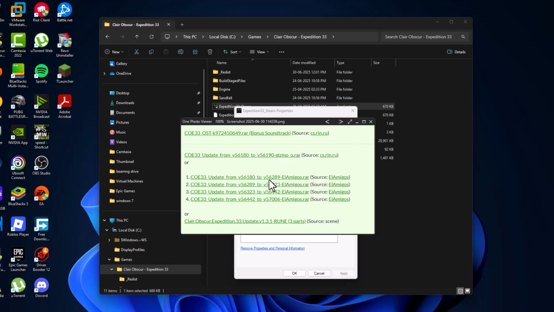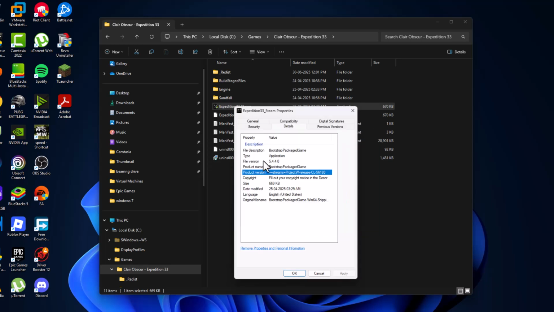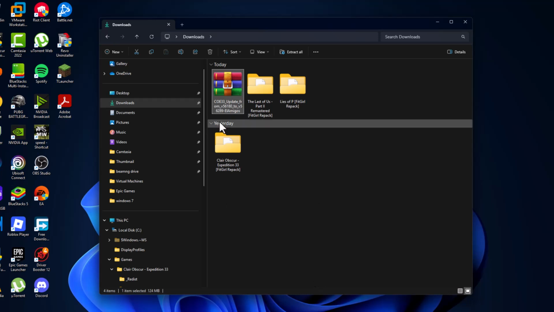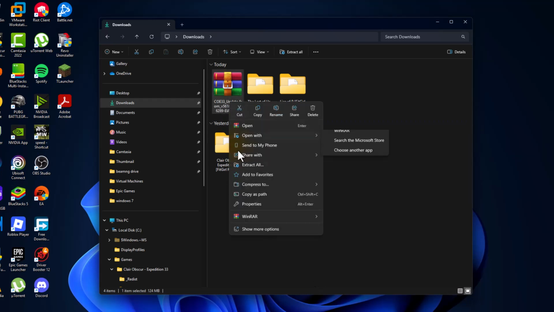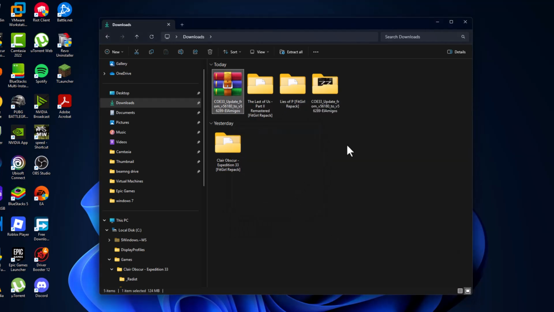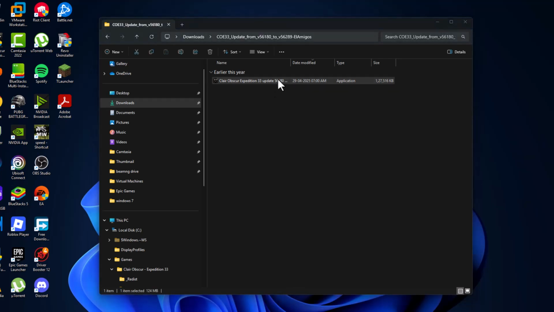So the first update I have is 56289. We are going to update it, and I'm just showing you guys the current version. Go to downloads, and here is the update I have. Just right click and select WinRAR and select extract to. After the extraction is done, double click on the extracted folder, double click on the application,